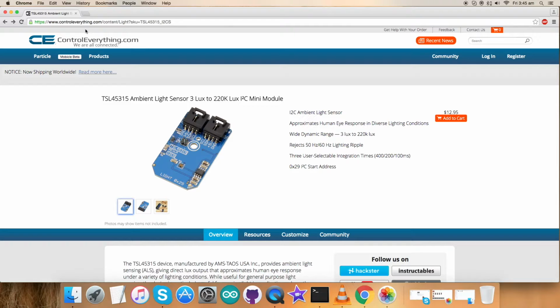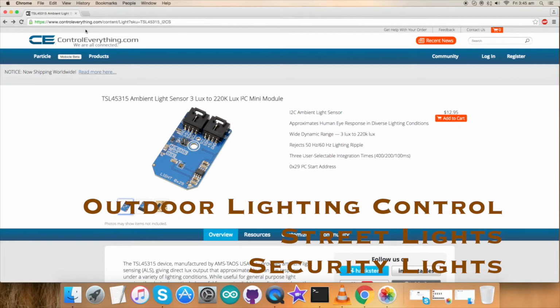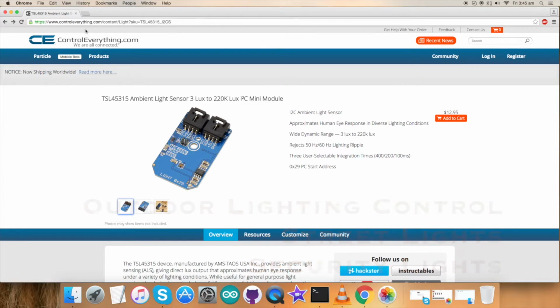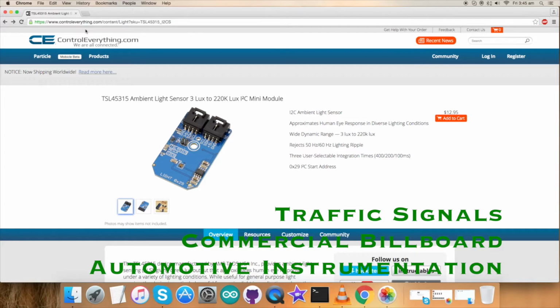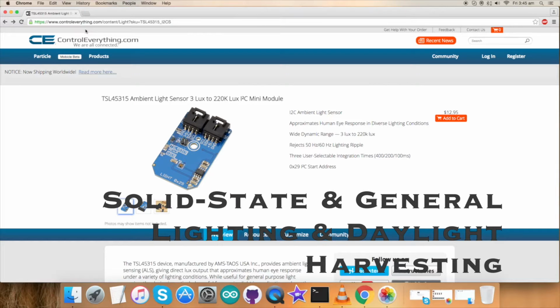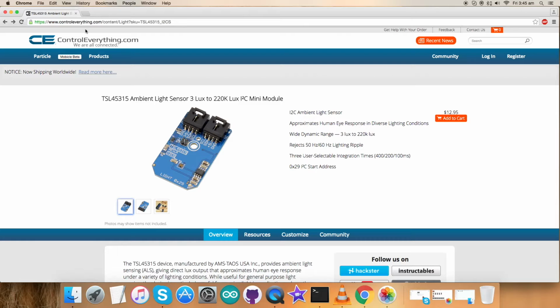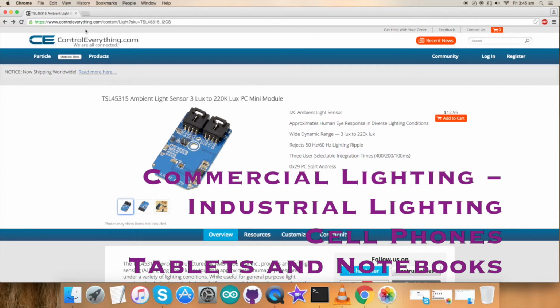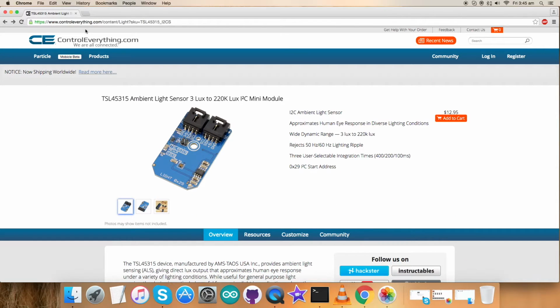The device is ideal for use in automatic control of street lights and security, billboard and automotive lighting. The TSL45315 can also be used in solid state and general lighting for automatic control and daylight harvesting to maximize energy conservation. Other applications are commercial lighting, industrial lighting, tablets, notebooks, cell phones, and so on.